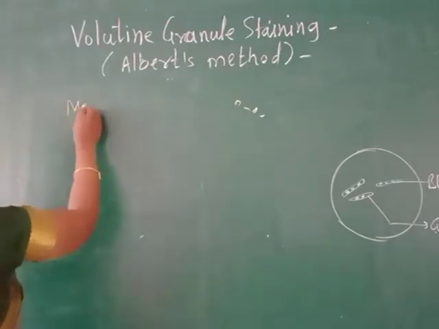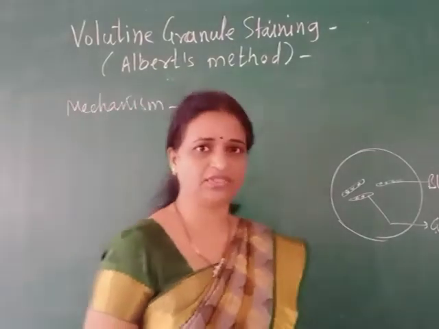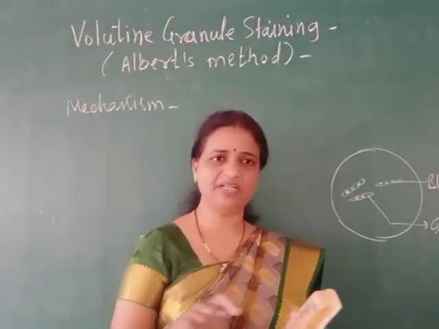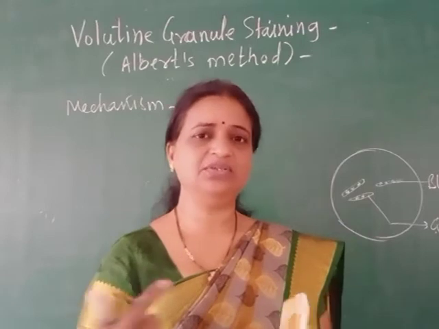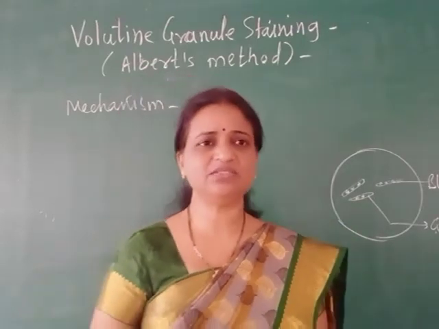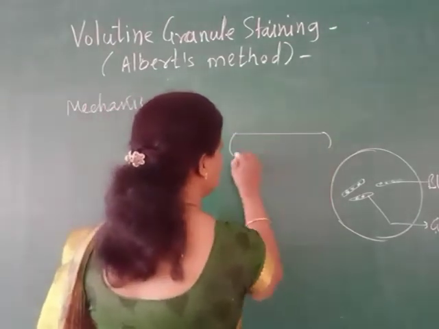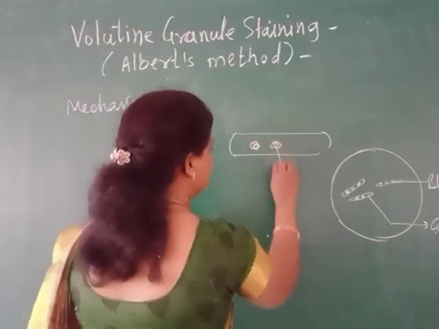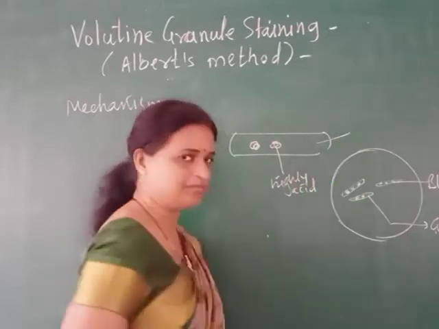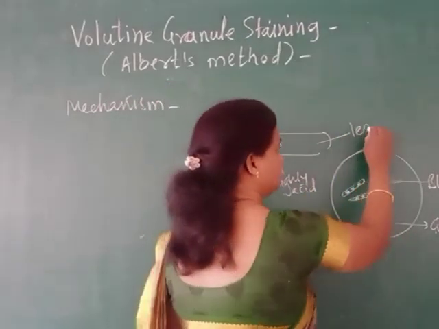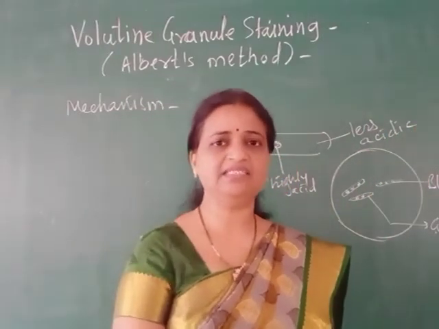In the case of staining of the volutin granule, the granule stores phosphate in the form of polyphosphate. Polymeric phosphate is stored and ultimately acts as a source of phosphate in the future during energy generation. Now, as it stores the phosphate, these granules are highly acidic. Suppose this is a lactobacillus cell, and these are the granules. The granules are highly acidic as compared to the cytoplasm. Cytoplasm is also acidic, but less acidic. That is the difference between granule and cytoplasm acidity.